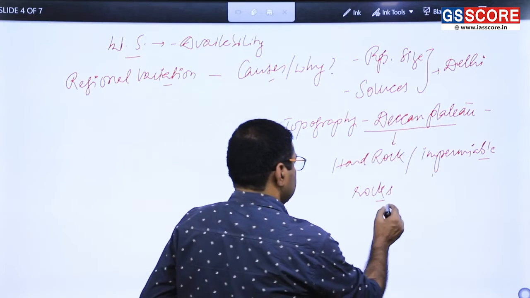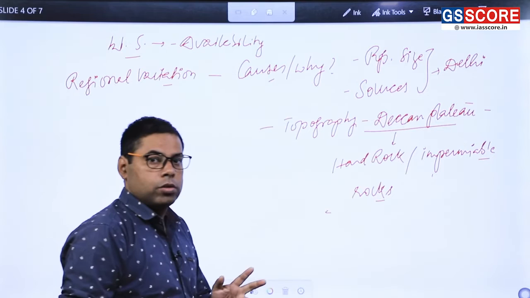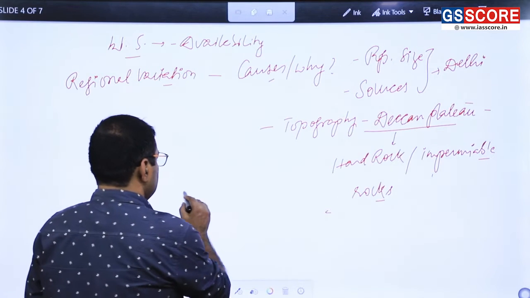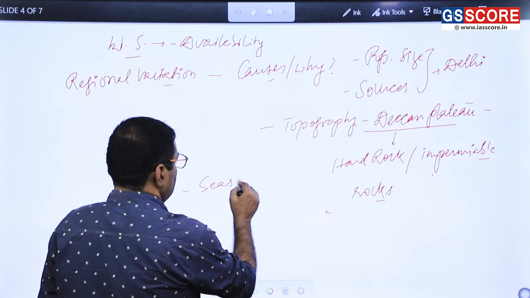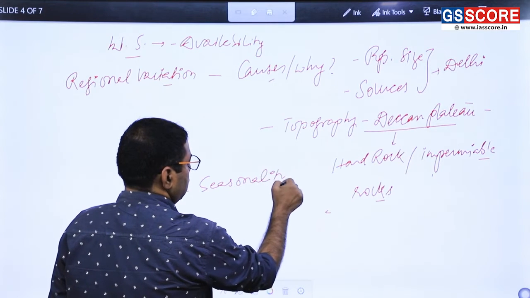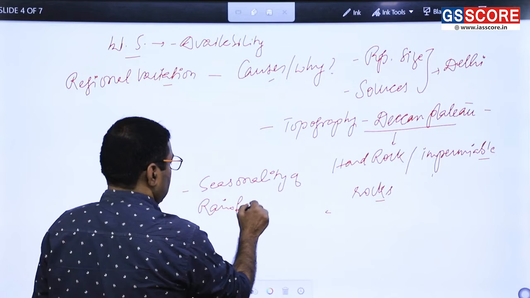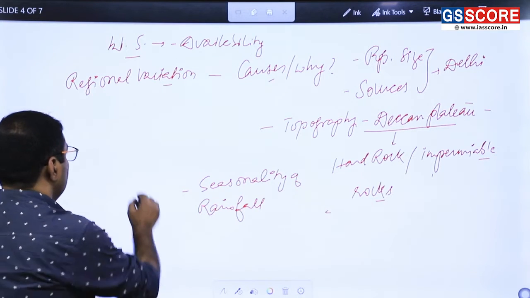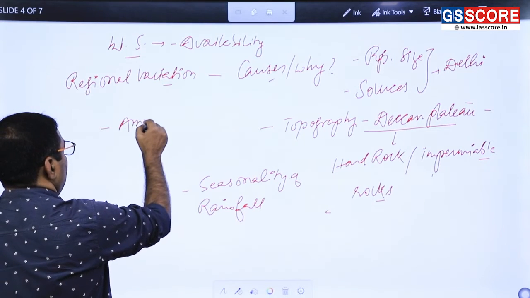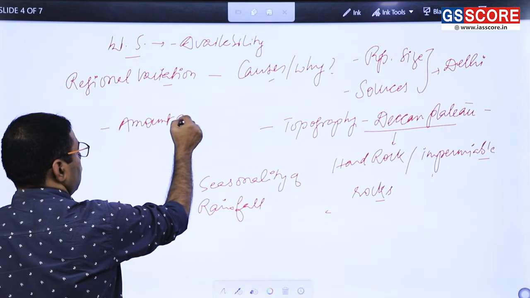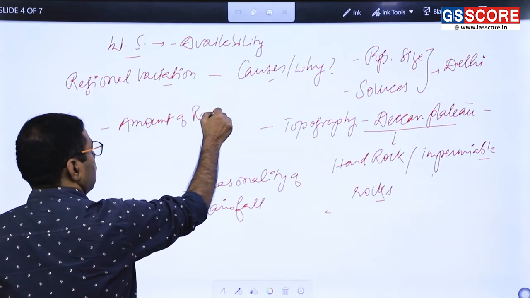So the water has to be stored in reservoirs only. Then there is seasonality of rainfall, right? Then the amount of rainfall,